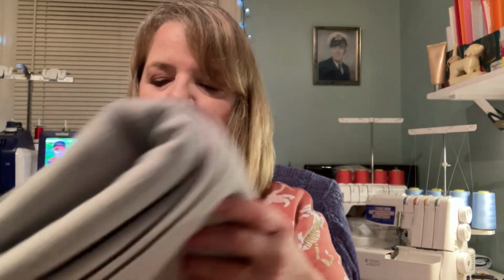And I went on there to look for some sweatshirting and fleece type fabrics, and whilst I was there I saw this and it was such a good price, it'd be rude not to. I got this faux Angora. I think it was 2 meters. I always buy 2 meters for sweater knits and sweatshirting, that sort of fabric, when it's for me. There might always be a little bit left, but